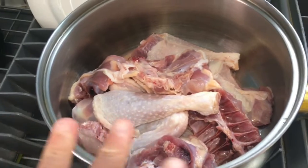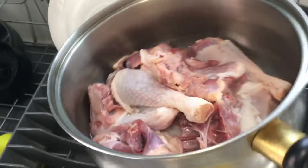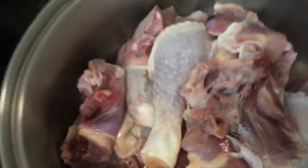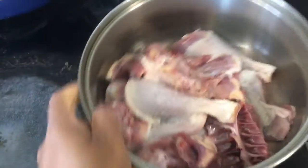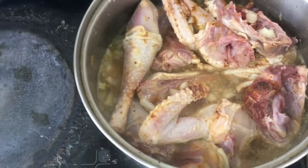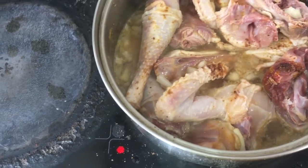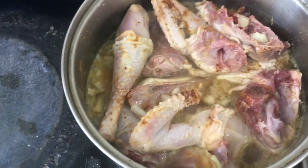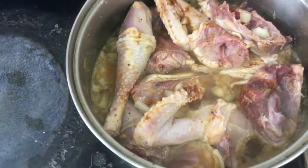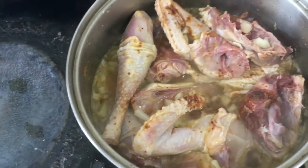So guys, I've now got the chicken in a little pot and I'm just going to transfer it over to the hob. This has got Maggi, onions, curry powder, salt, ginger and everything. So it's cooking. I'm going to cover it till it boils and cooks, and then move on